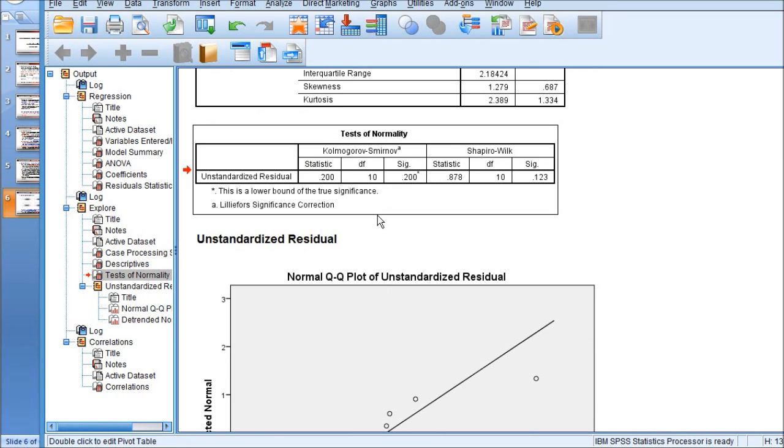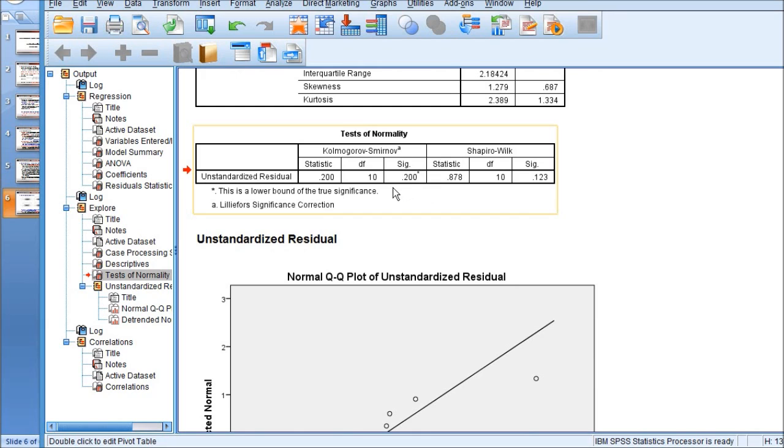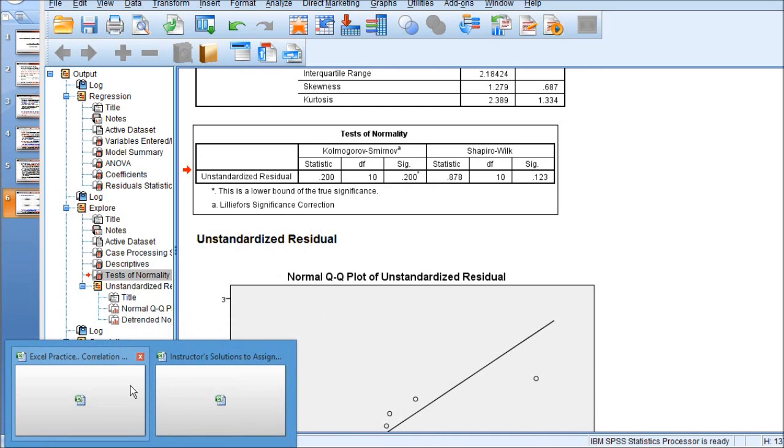We're going to use this table and this table: the correlation between the independent variable and the squared residual variable. I'm gonna get this p-value information and the p-value information for the KS and SW tests into this Excel spreadsheet.